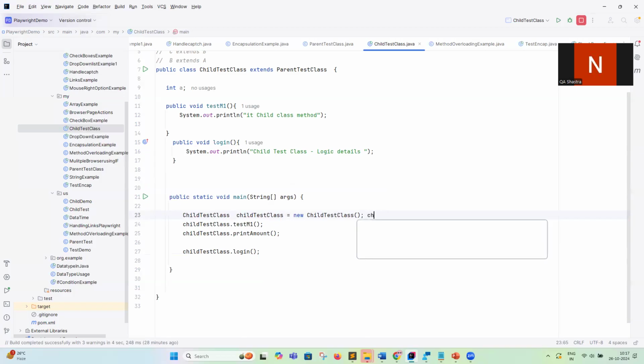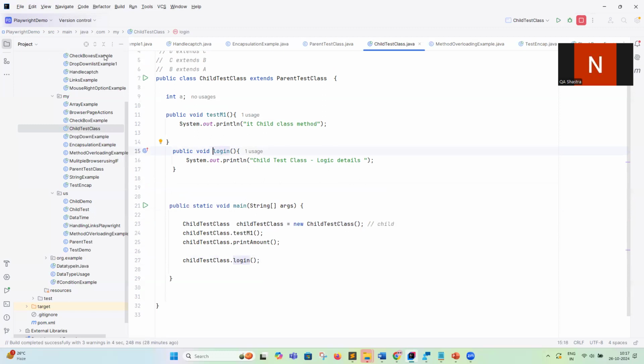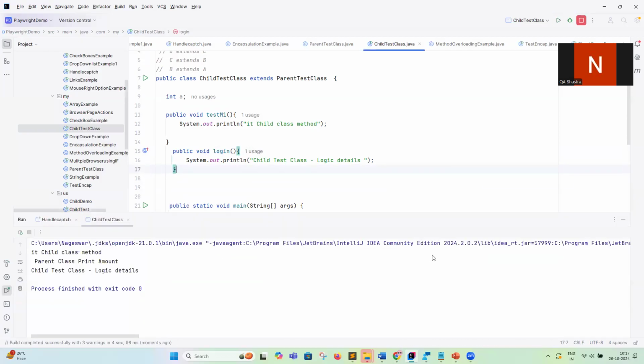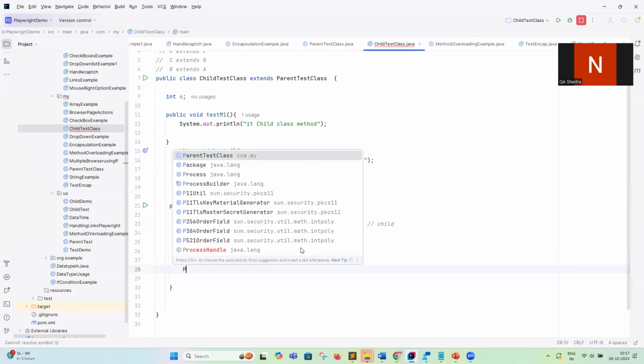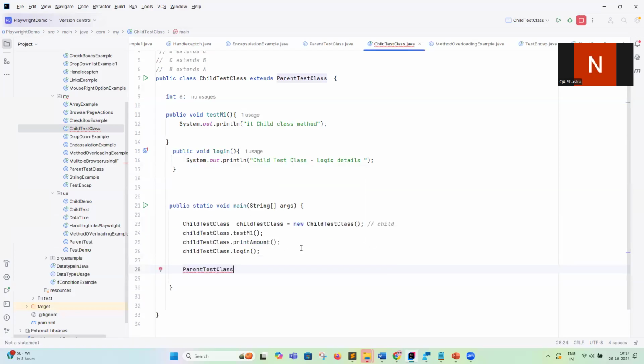When you create a child class object, obviously the child class method will be executed. That is the rule. Let me run it and explain. You can see the child class login details method is executed. There is another way of writing this. Now if I create a parent class object, so parent class